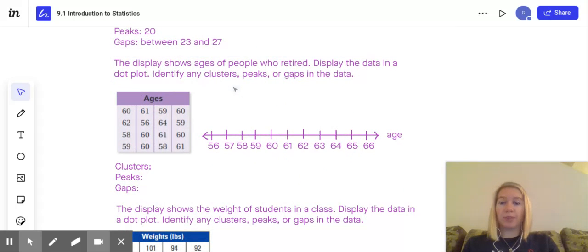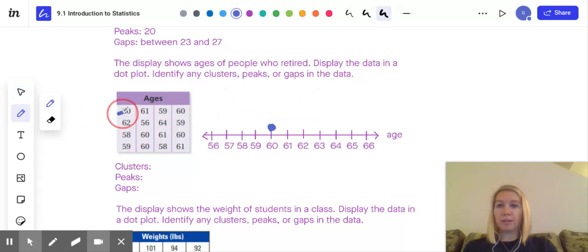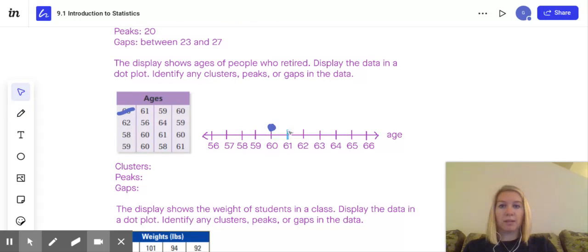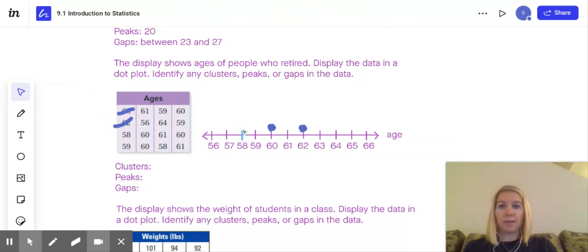So this says the display shows the ages of people who are retired. Display the data in a dot plot, identify any clusters, peaks, or gaps in the data. So again, here's our data here, the ages of people who retired, and we're going to use this dot plot. So again, we're going to go ahead and plot these dots. So 60, and I'm going to cross it out after I use it, just so I know that it's done. 62, 58,